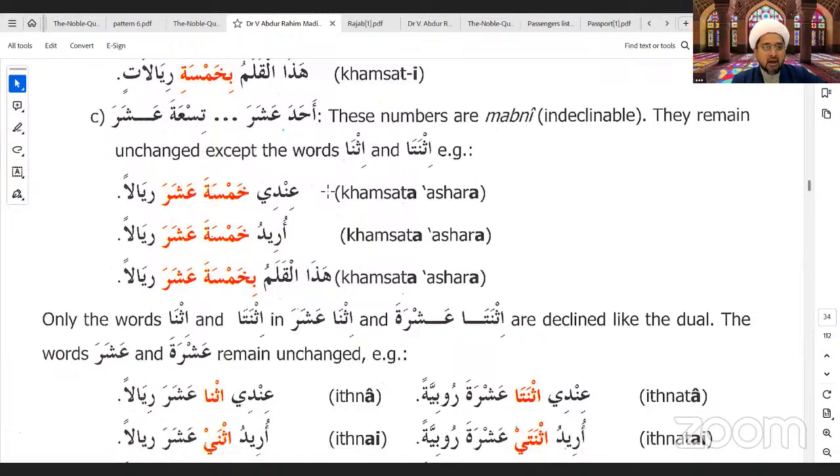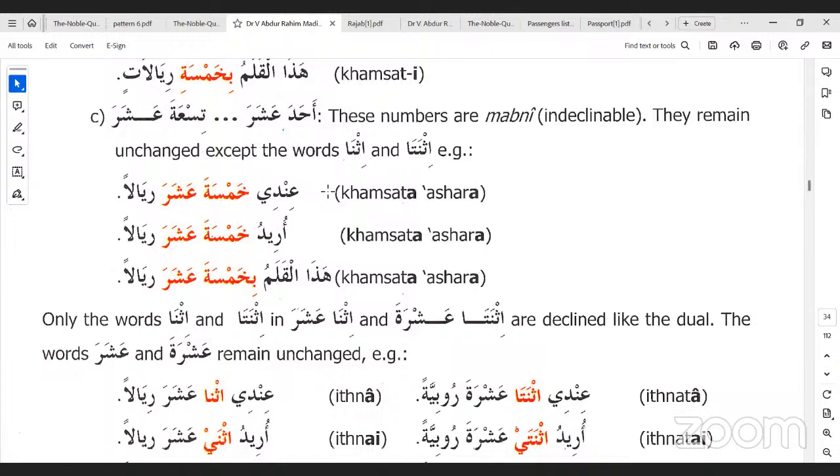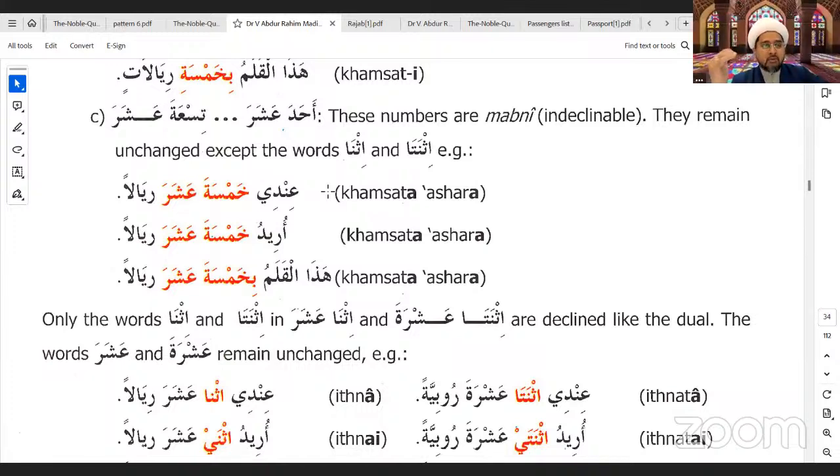Their preset harakat is mabni. I don't know if I've mentioned this term before. It's called mabni alal fat. Have I mentioned this before to everyone? No? Okay. So mabni, ala means on, al-fat means fata, meaning that they're indeclinable, always coming with a fata itself. This is what it means, mabni al-fat.